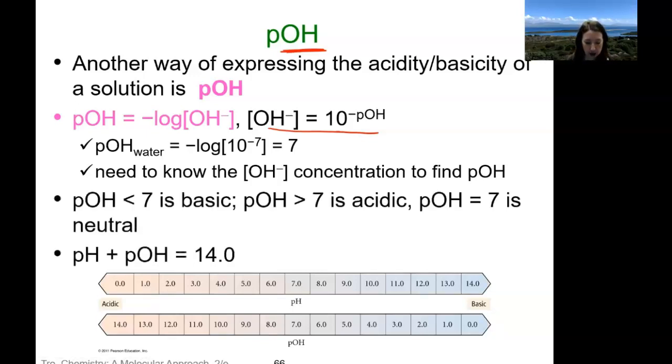Whichever way you want to use, and we talked about this a little bit at the end, whichever way you want to use to solve pH or POH when we're doing acids and bases is fine with me. So just whichever way your brain works, if you want to use KW or if you want to use POH, that's fine. This is kind of like our little thing, pH plus POH equals 14. So that's why in the last problem,